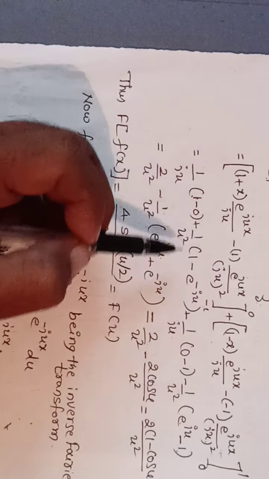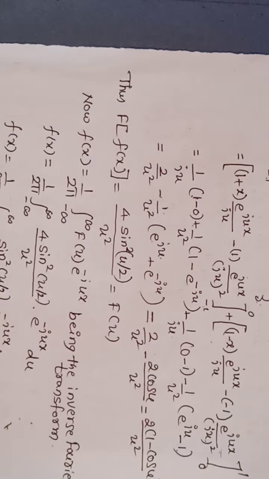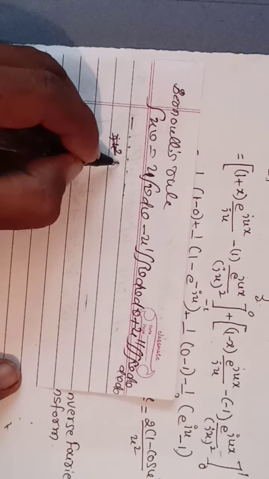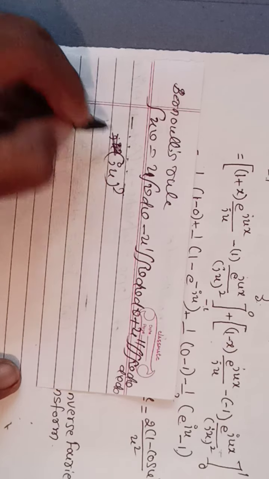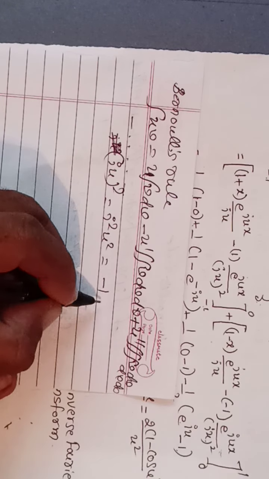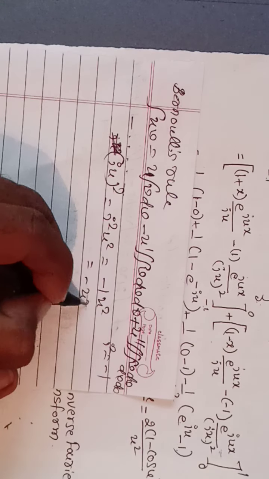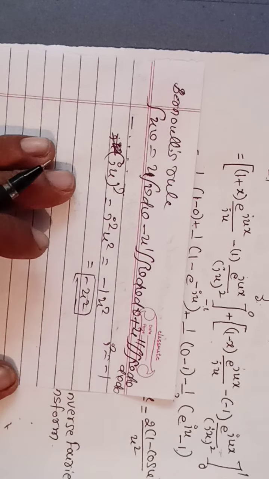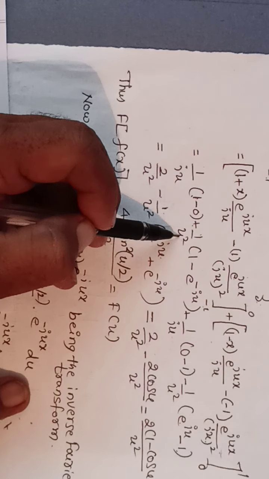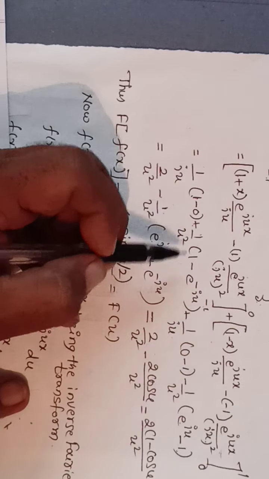Next, here this term has a minus symbol, here plus. Why is it so? Because iu squared is there. It is nothing but i squared u squared, which is equal to minus 1 times u squared, because i squared is equal to minus 1, you know that. So it is minus u squared, and this minus. So it becomes 1 upon u squared, plus minus into minus, plus 1 upon u squared.